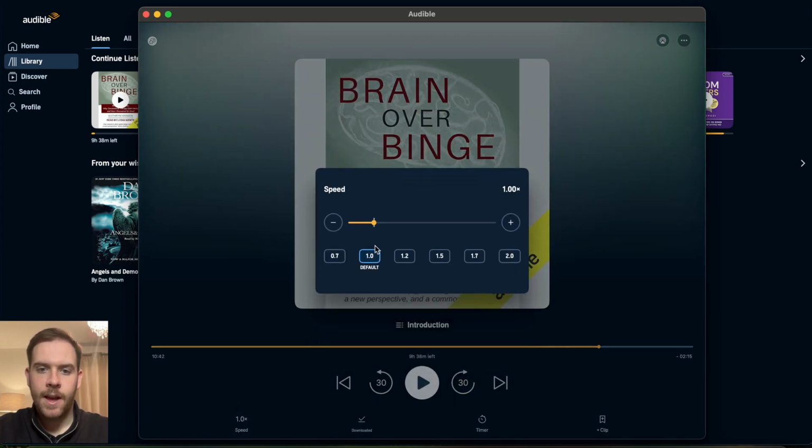Press into there and what you can do is either speed the voice of the audiobook up or slow it right down. You can slow it right down to half speed, so 0.5x, or you can speed it all the way up to 3.5x. For me personally, I like to listen to audiobooks around the 1.5x mark